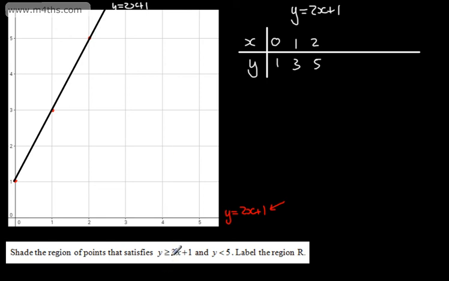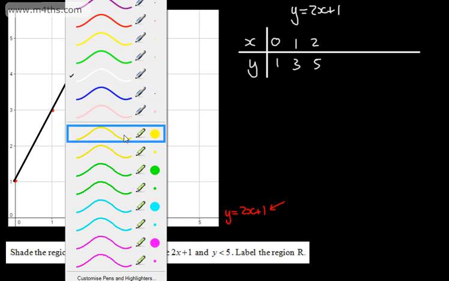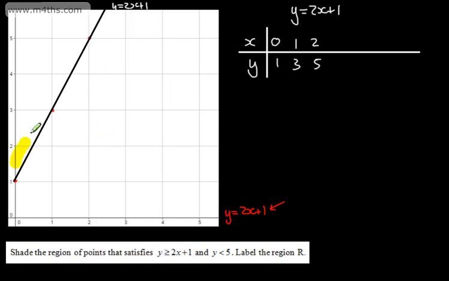So what we want then is y is equal to or greater than 2x plus 1. So what we're doing is shading above the line. So on this one, we shade above the line. If this had been the other way around and it was y is equal to or less than 2x plus 1, we would go below the line. Again, if you want to test a point, you can do. You can test either one in the region or out the region. If we test the origin here, 0, 0. So is 0 bigger now than 2 lots of 0 plus 1, which is 1? The answer is no,